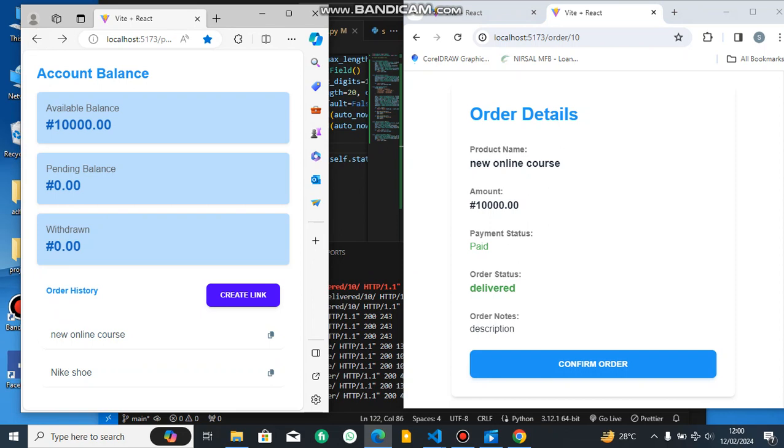So I guess that's what the little things I actually did. So now once the money is made available for the seller, you can actually withdraw it. And although I'm trying to add some things, like maybe the seller should be able to withdraw their money after 24 hours of the